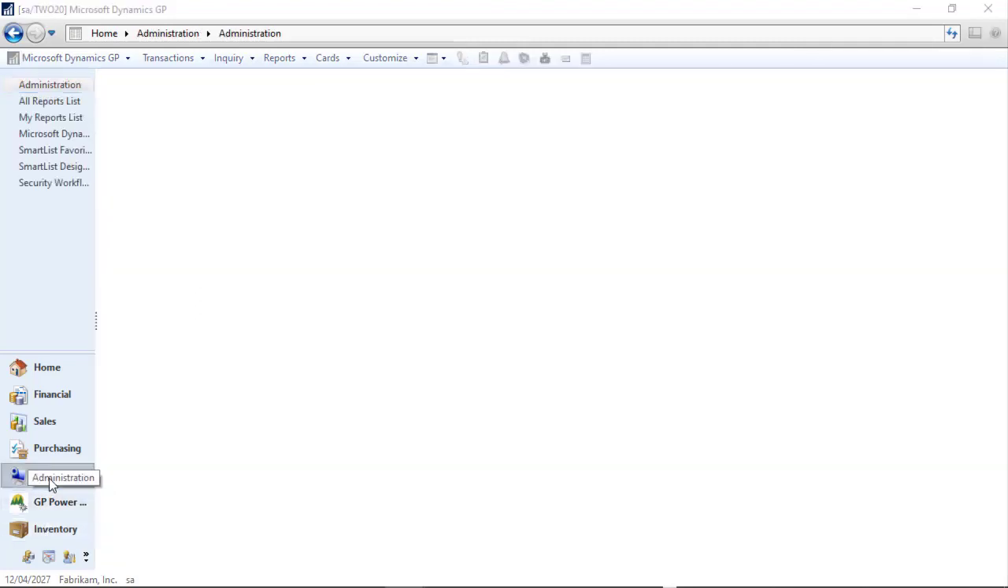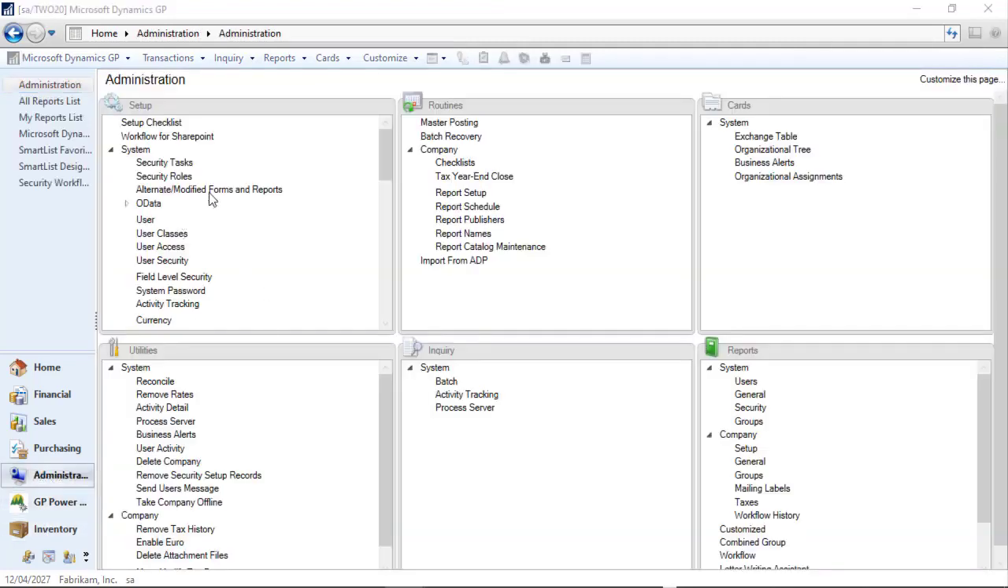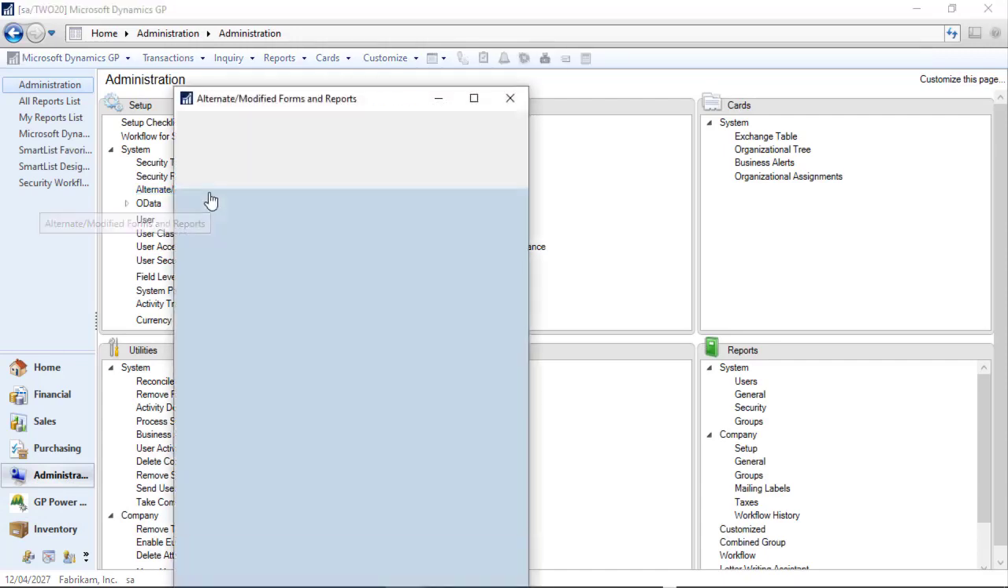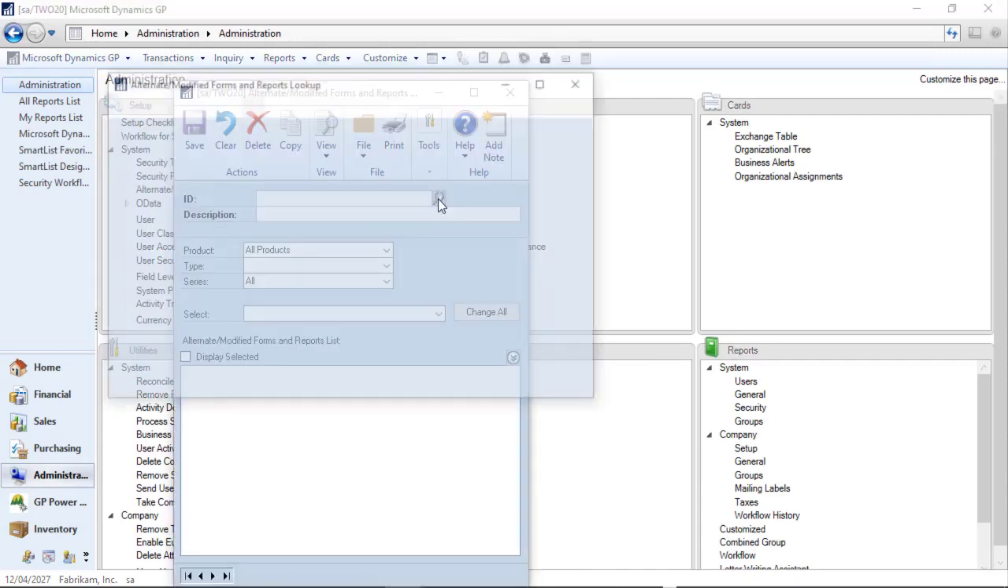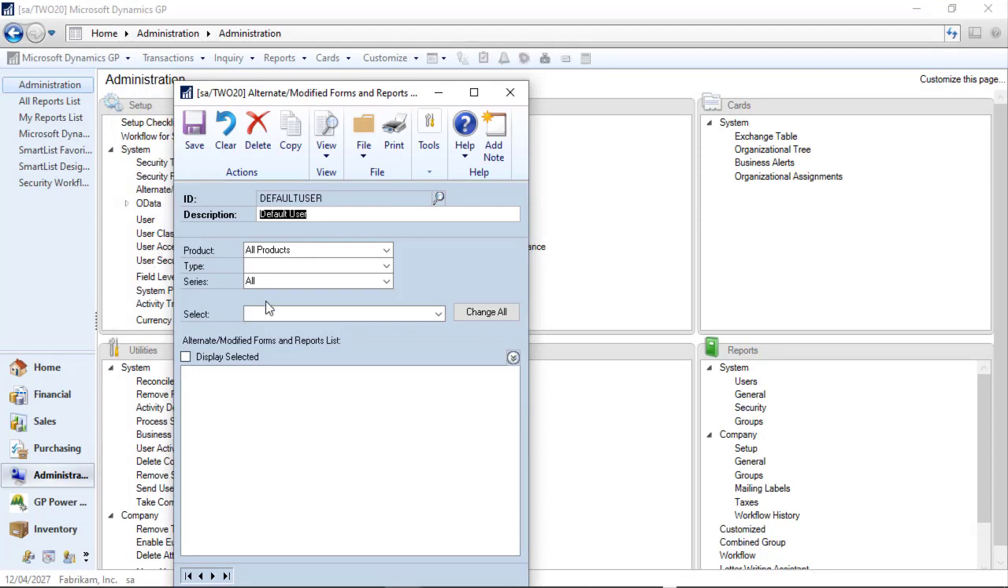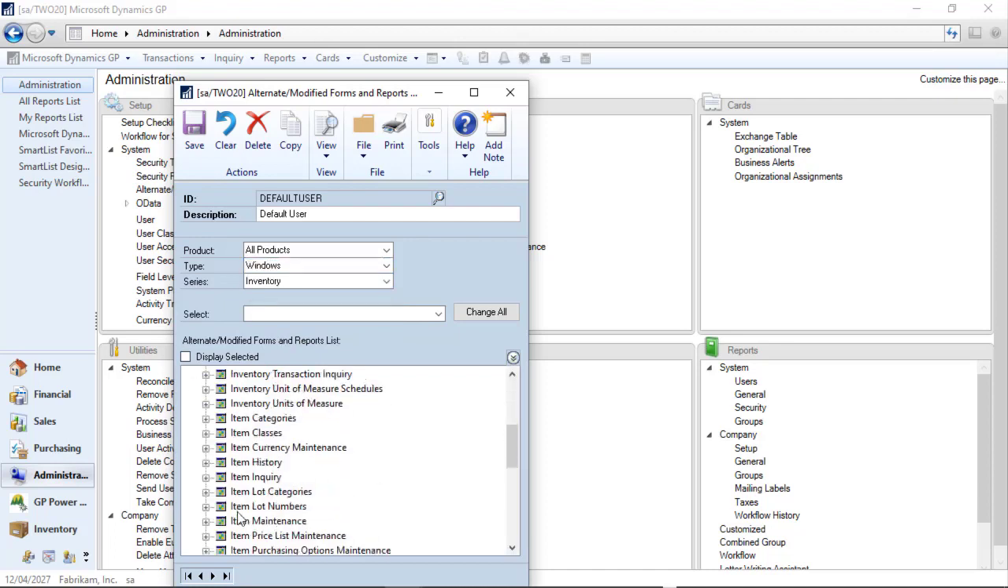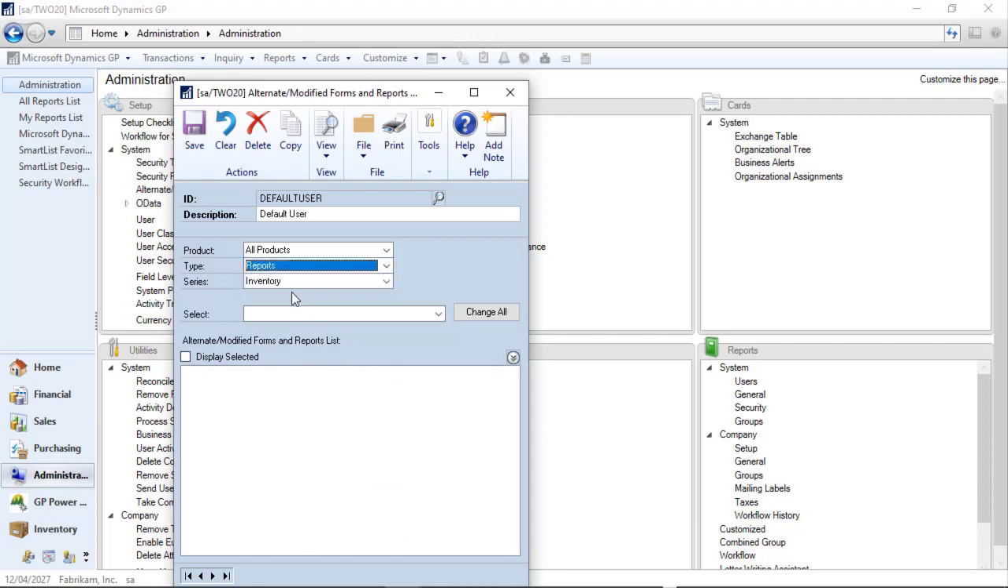Then we can go to administration, into alternate forms and reports, choose your default user, change the series to inventory, window, find item maintenance and make the modified version the default, change to reports for inventory and make the modified version the default, hit save, close that,